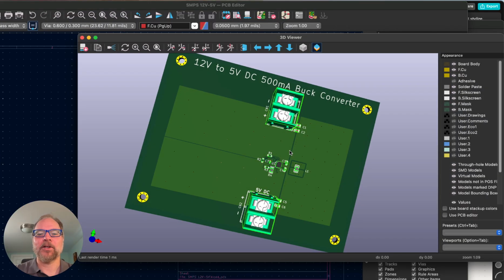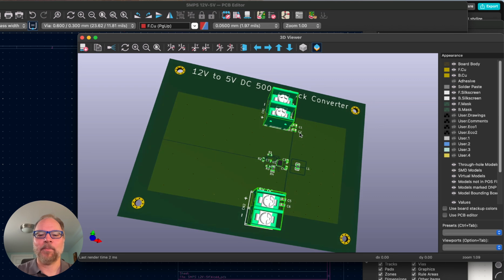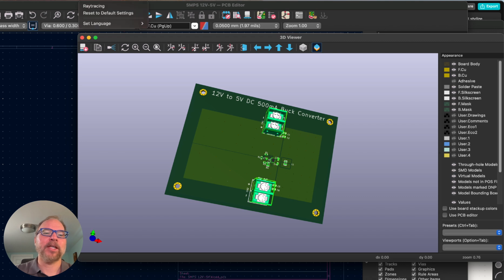So we've got our 12 to 5 volt DC 500 milliamp buck converter, a little label on the top there that tells us what this thing is, and if we were ever going to use it, we could have some mounting holes. The next step is that we need to run our DRC